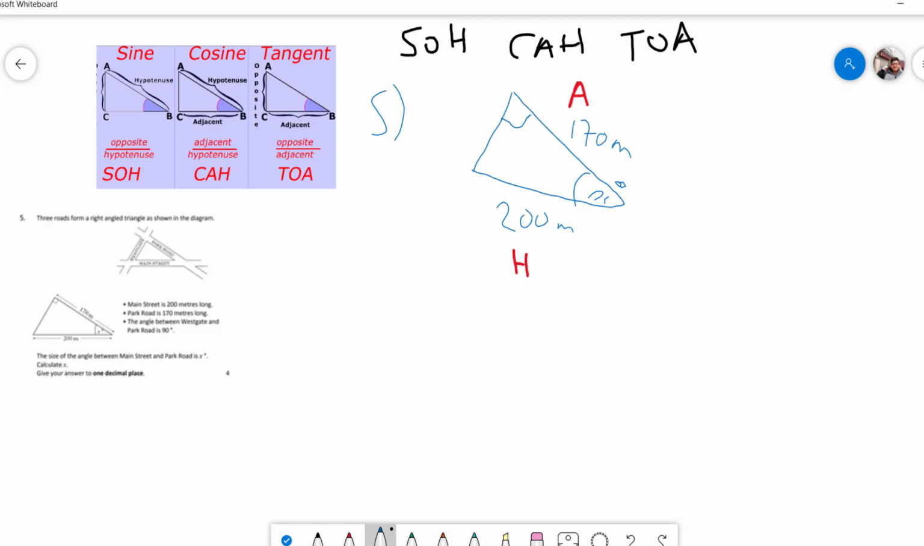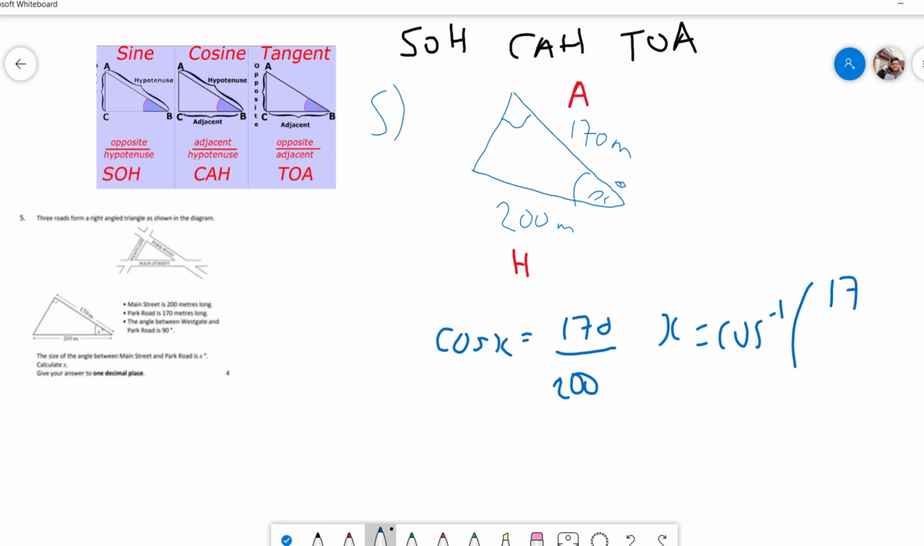So what formula consists of a and h? That will be the cosine rule, which is adjacent over hypotenuse, otherwise known as K, which is a way to remember it, a over h. So we know cos of x is equal to a, which in this case is 170, and h, which is 200. X is equal to the inverse cos of 170 over 200,